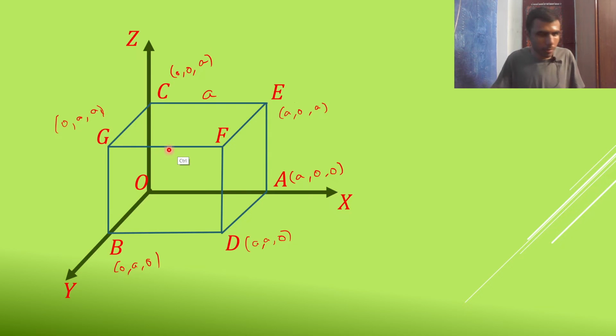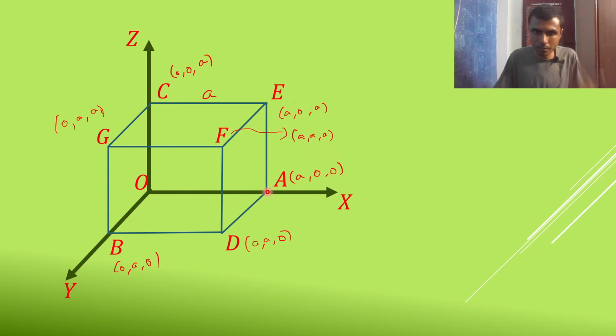And what will be F? F is a point in space. So from XZ plane it is at a distance a, from YZ plane it is at a distance a, from XY plane it is at a distance a. So F's coordinates are going to be a, a, a. I'll write it somewhere here because I'll need some space. Fine. So now whatever I explained, see, I'm taking a cube in which one of the vertices is origin,